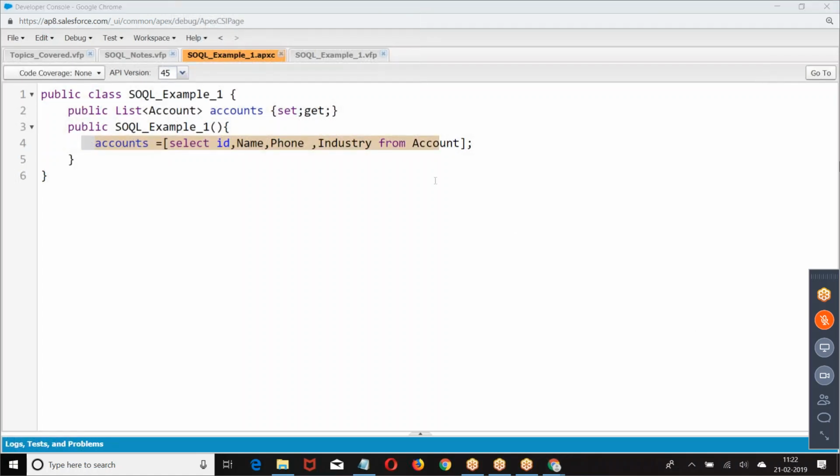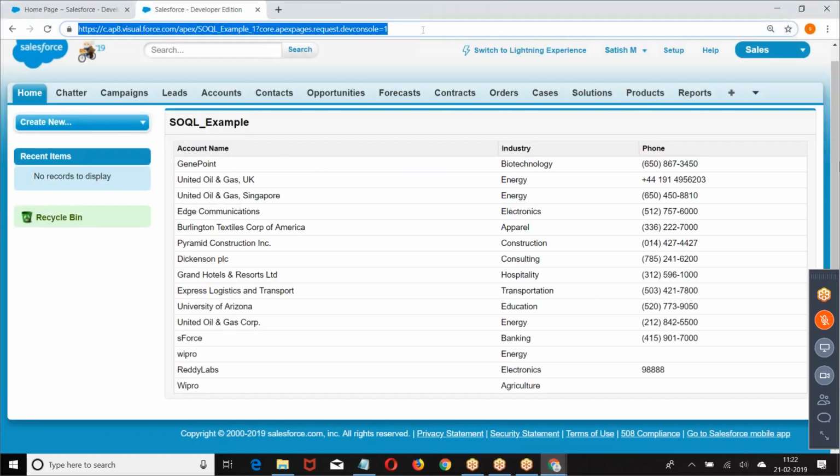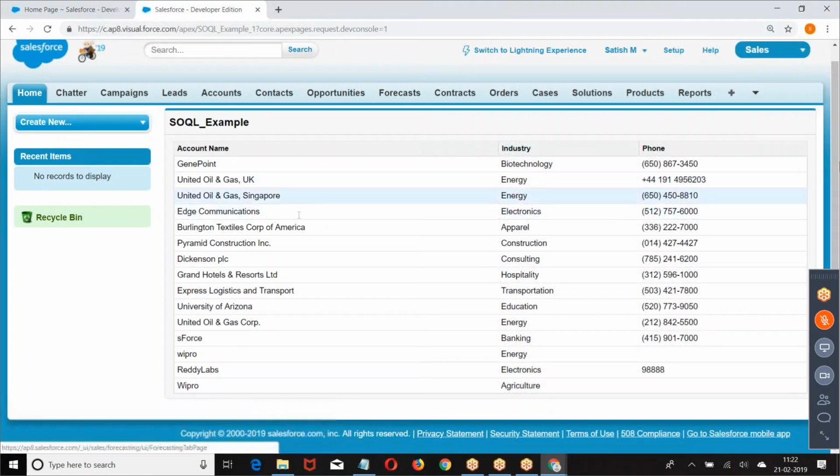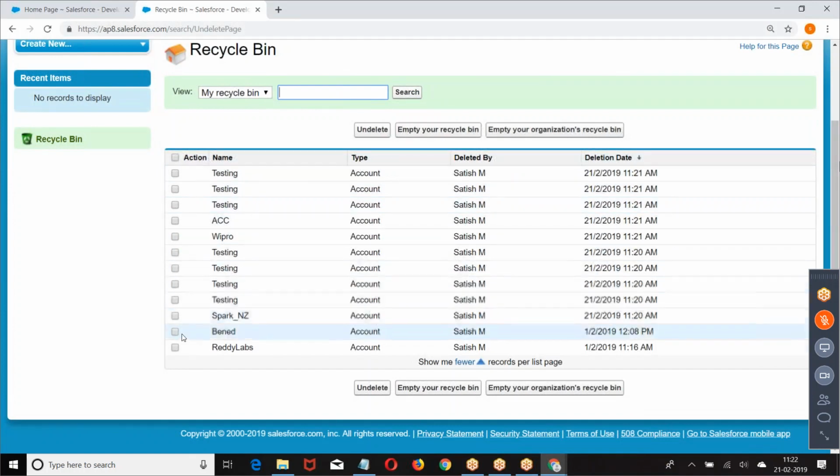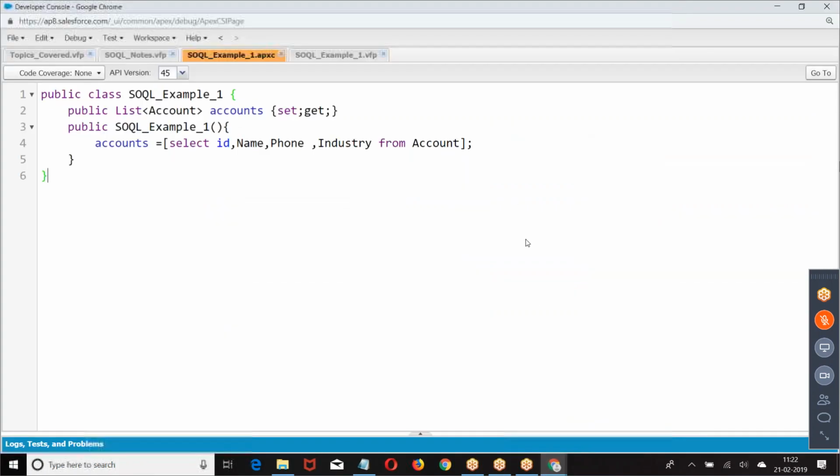Now, when you write the query, how many records are fetched here? Look at the point. There are a couple of records which are deleted. Are we getting this deleted record here? I have a group of testing records. When you write a SQL query, only the data which is in the database is fetched.